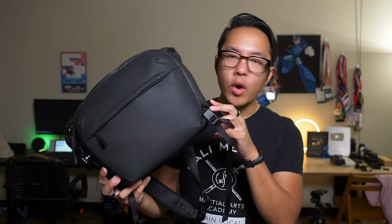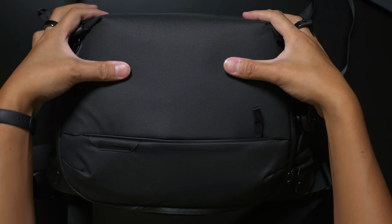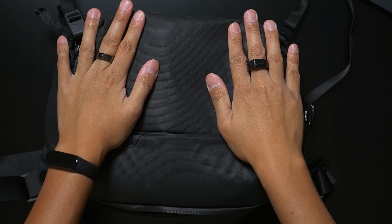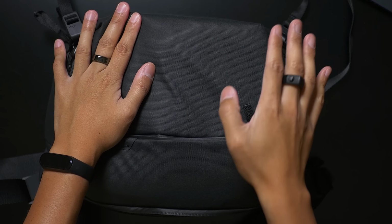It makes it look way more like a camera bag than it does an everyday bag. This is definitely not a very sleek bag in comparison to even the 5 liter. But there is one reason why that design could work really well, and it's a new feature that Peak Design added into the Everyday Slings. The fact that you can make them lay flat and they'll take up less space in your luggage,